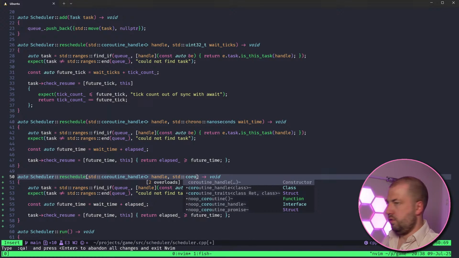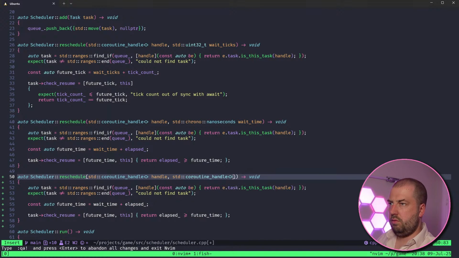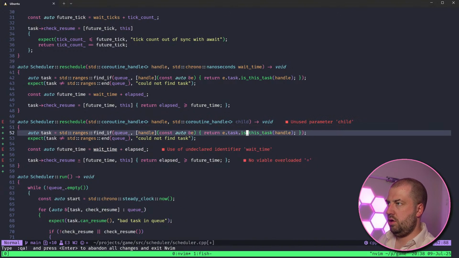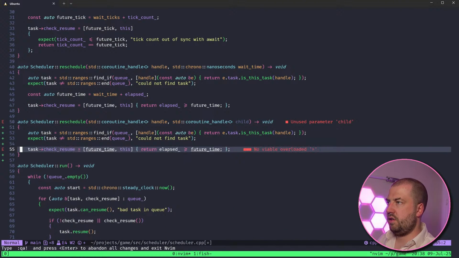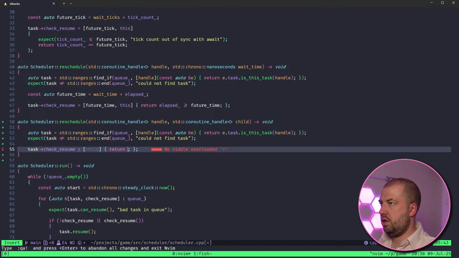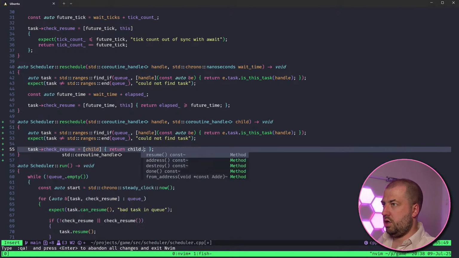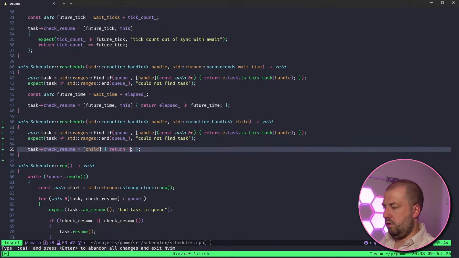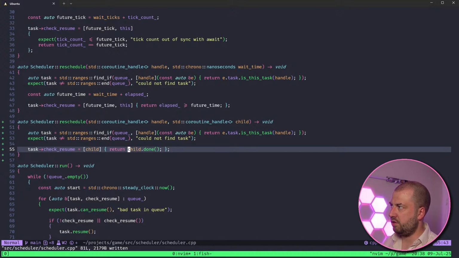Third coroutine handle child, and then I don't need any of this, because then I don't even need to capture this. I just need to capture the child and return child dot done. No, child dot done. The child is done, then go.